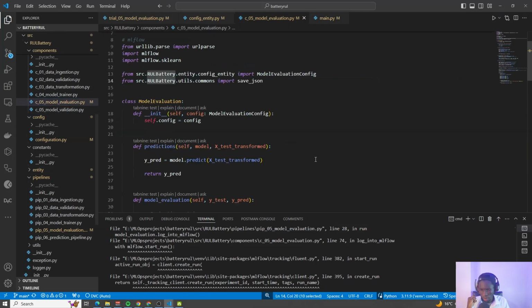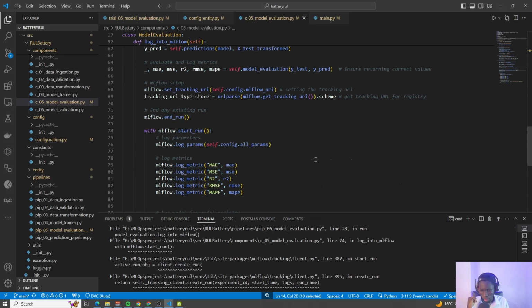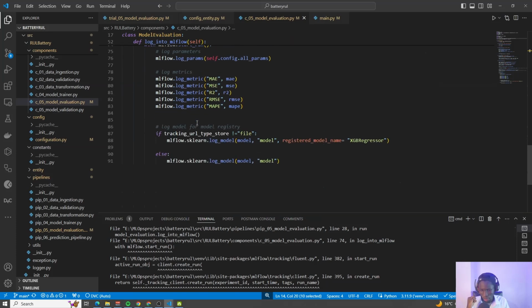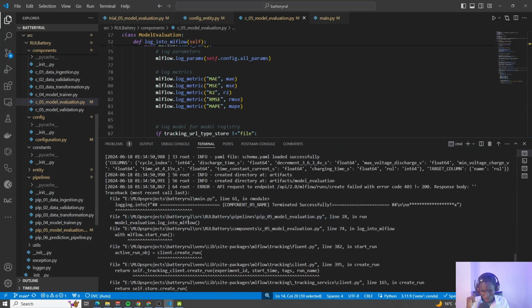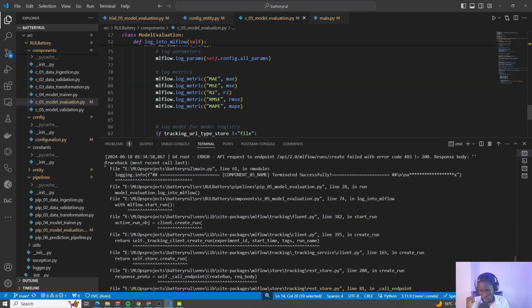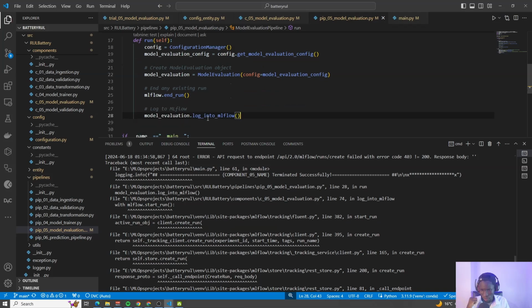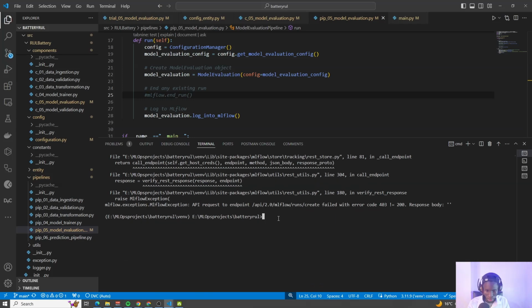Supposed to now we need to end the run. An issue. Track components terminate successfully. Do we need this one? Maybe. Let's see. Then let's execute the